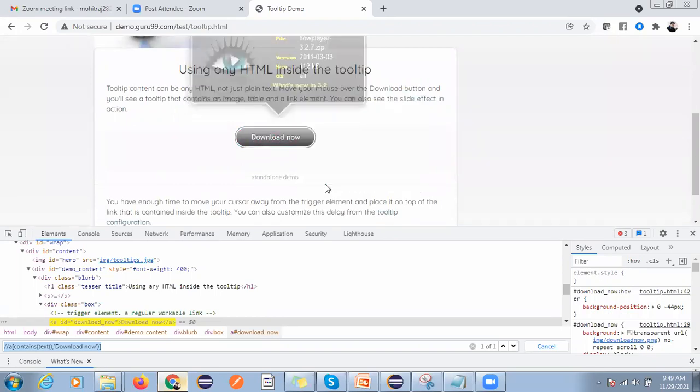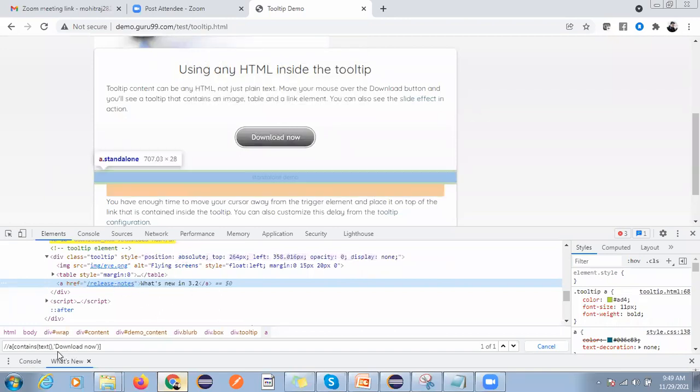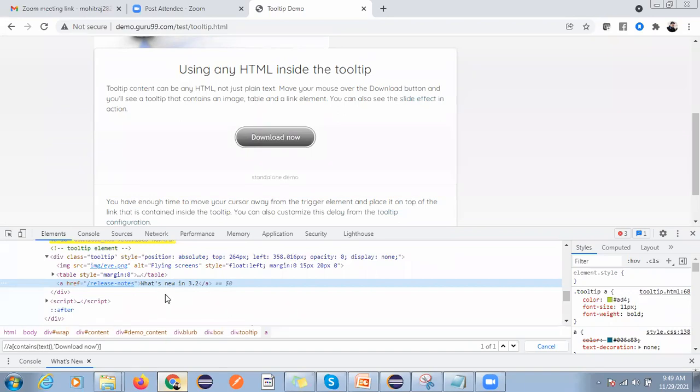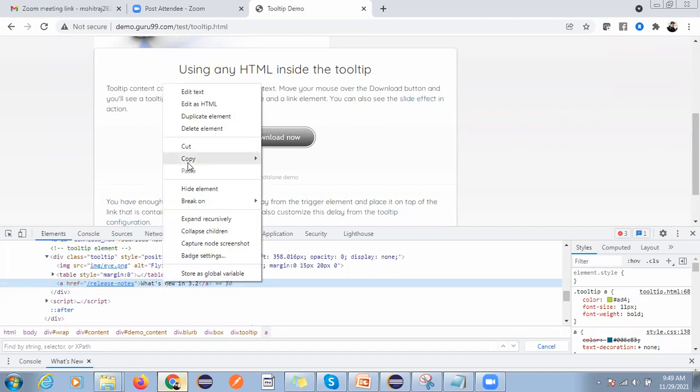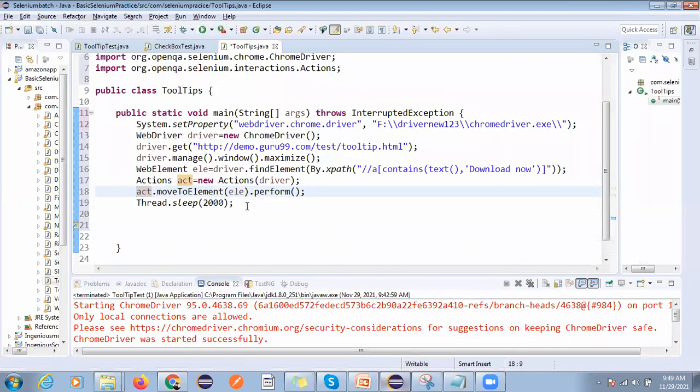Okay, actually I don't know, this page has some defect. If I am using this contains function, it was not working, so I am directly copying this system generated XPath. You can try with a different XPath and try to do that, but when I have used it, it was not working, so I'm using this.